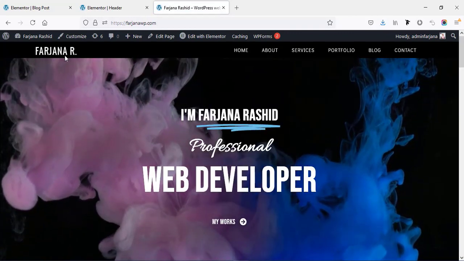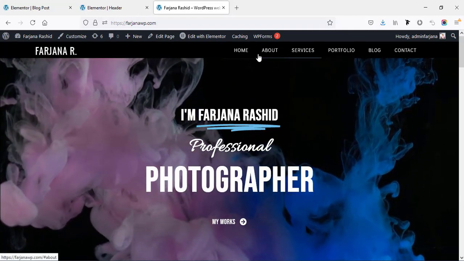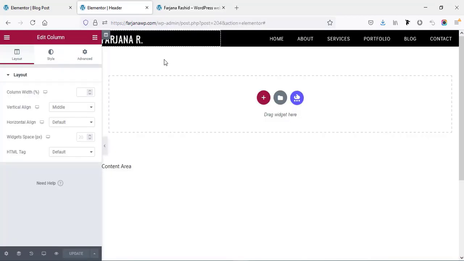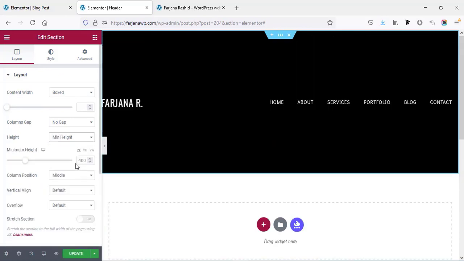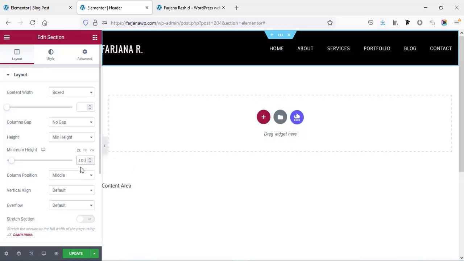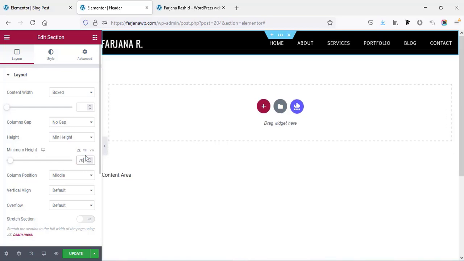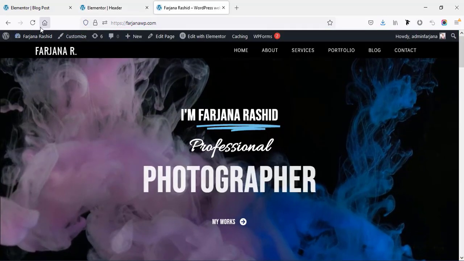So first I have to make this header fully transparent. So going here again, and before making it transparent, I am adding some height with this section. So here setting the height, setting to min height, and here I am adding 100 pixel, or we can try with 80 pixel. Okay, so I'm making it to 70, and now I'm saving it. And now if I refresh the page,